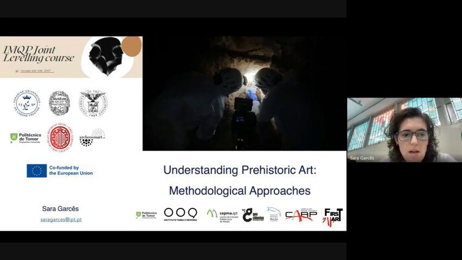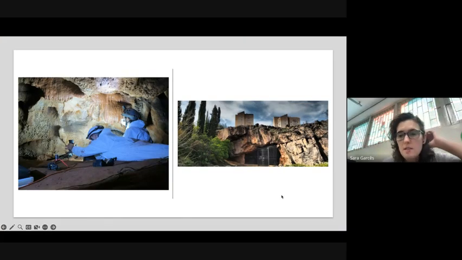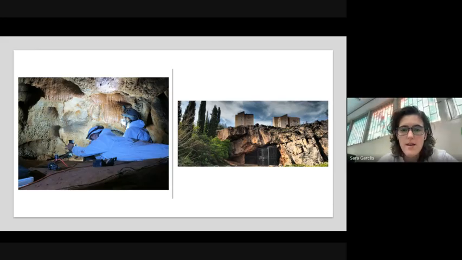And I hope that you will have a general idea of what to do in a rock art site after this lecture, okay? I'm going to start by giving a general idea of what type of rock art sites we normally can have and work on. Obviously, there are many different contexts that can present rock art, a rock art site. Generally speaking, we can find rock art in caves,